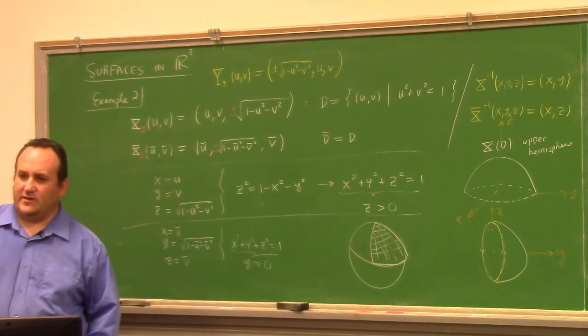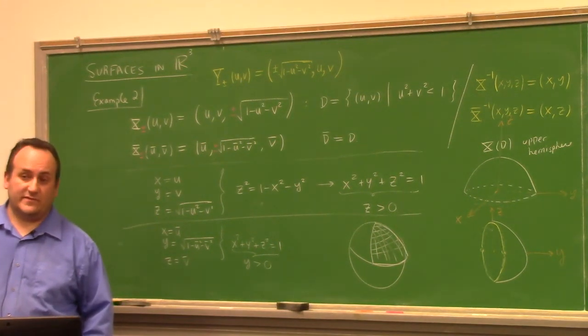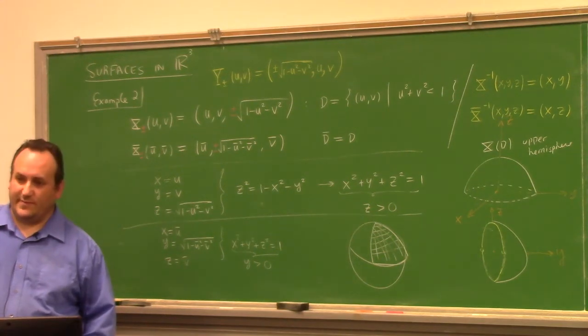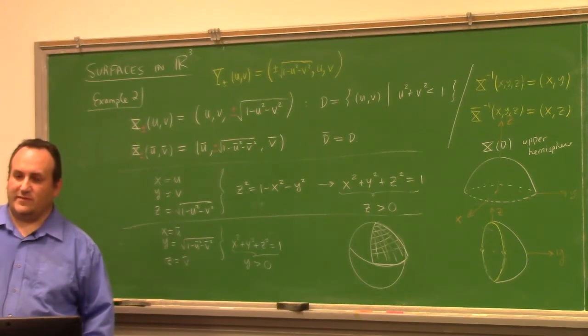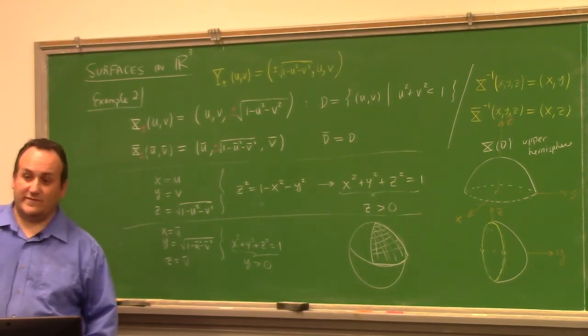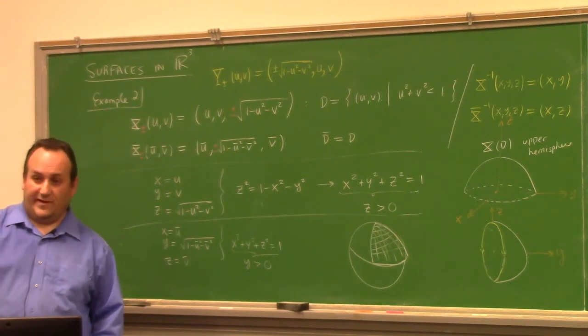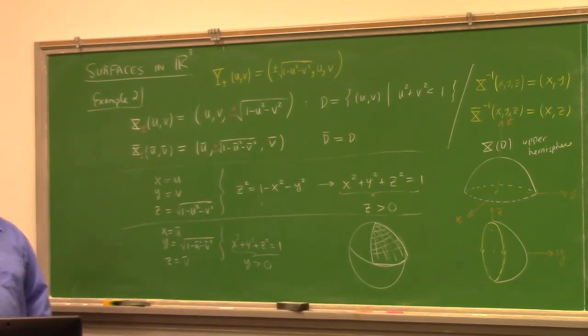These might actually not be consistently oriented charts. There's something else to worry about. The orientation of the charts is compatible. That means that the determinant of the transition functions has to be positive. If the determinant of the transition function is negative, that means that the normal is flipping from one side of the surface to the other as you go from one patch to the other. I'd actually have to do some thinking about that. It's not hard to think about. It's 3 dimensions. So you just have to think about partial x, partial u, cross partial x, partial v.